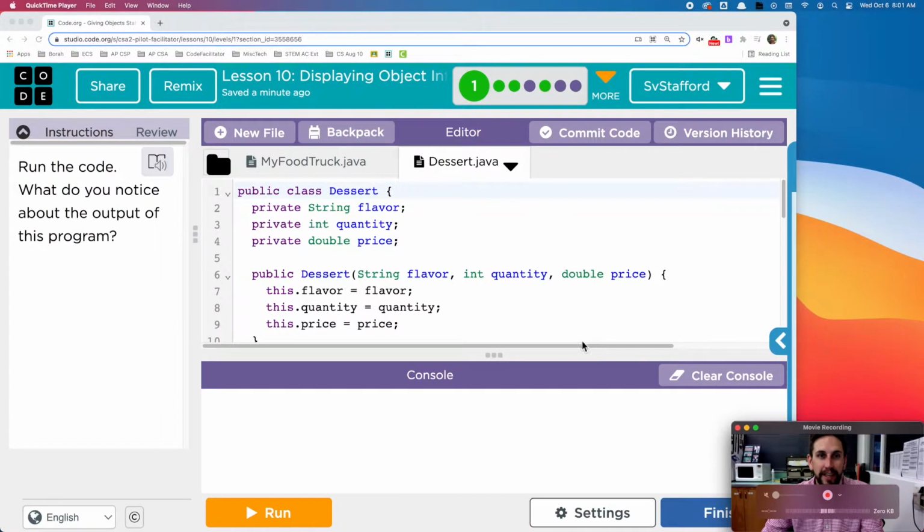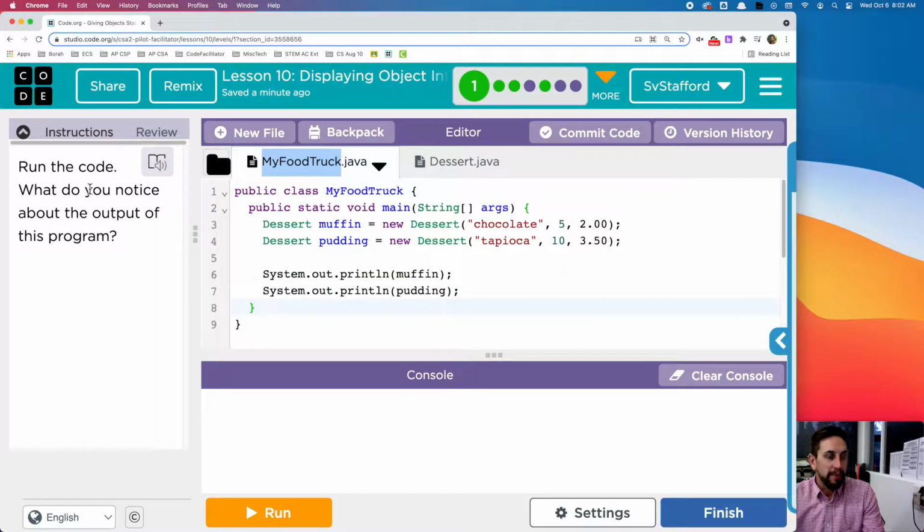Hi computer scientists, Mr. Stafford here, and today I'm going to be showing you Unit 2, Lesson 10, Displaying Object Information. So the prompt that we have is to run the code and say what we notice about the output